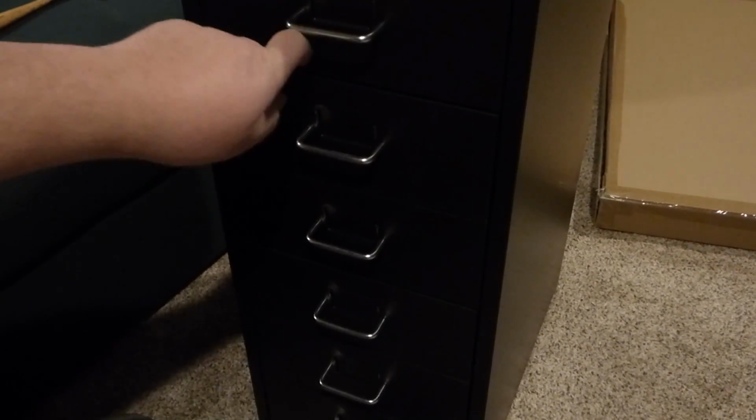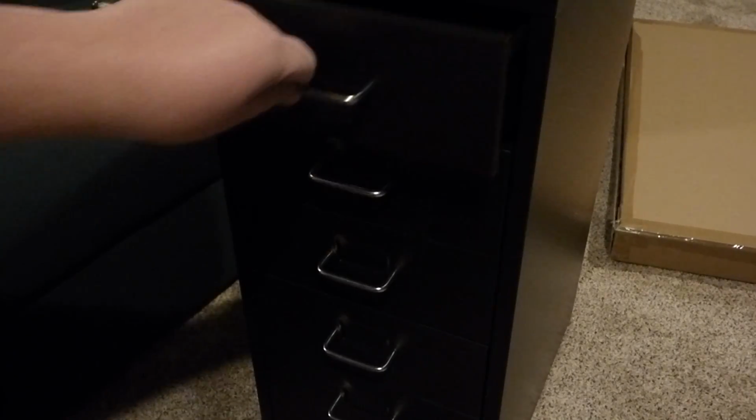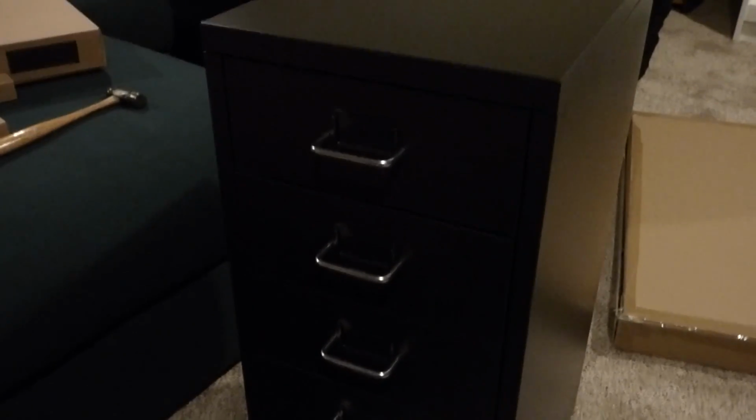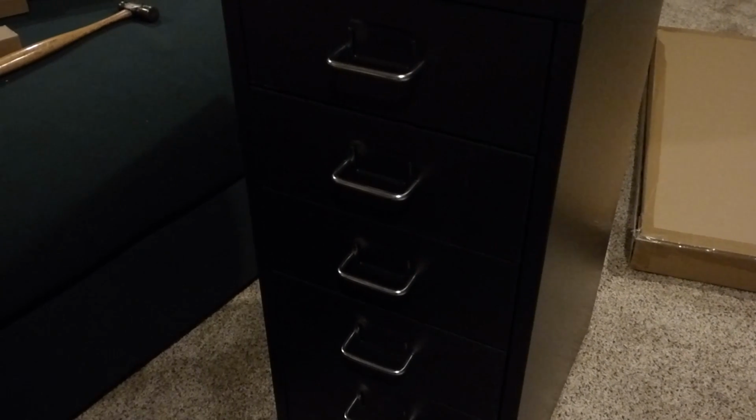All the drawers are installed. Right. Opens that. You got that locking thing. Slides. Nice friction to it. And that's pretty much it. Oh wait, there's one more part of this. So